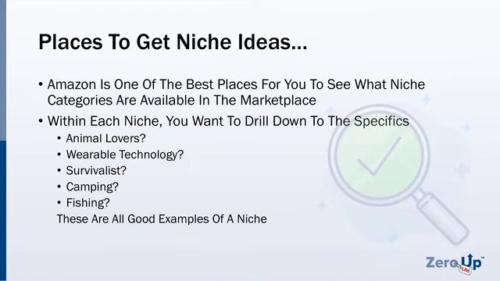Technology and gadgets is a huge market right now in our e-commerce world. Or you can go after survivalists, people that are really preparing for a zombie apocalypse, or I don't know what's going to happen, but at the end of the day, there are a lot of preppers out there. You can go after camping, people that love camping, love to actually go hiking, that is a niche. You can go after fishing. I have a student of mine that's crushing it in the fishing space. And all these are good examples of niches that you can actually choose.